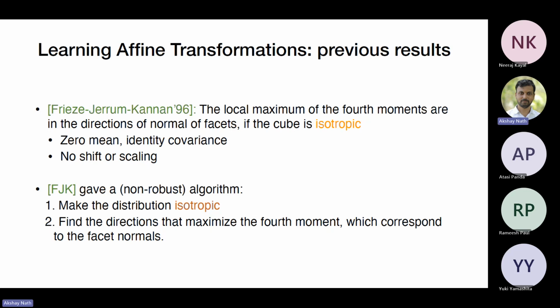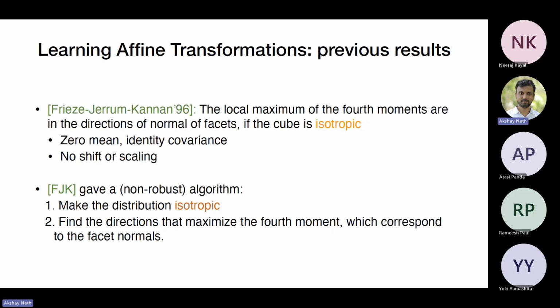The fourth moment is a tensor, but in a fixed direction it's a fixed number. So we just want to find the directions where it is maximum. Oh, okay. So you look at the tensor, look at directions where it's locally optimal, and those directions are the